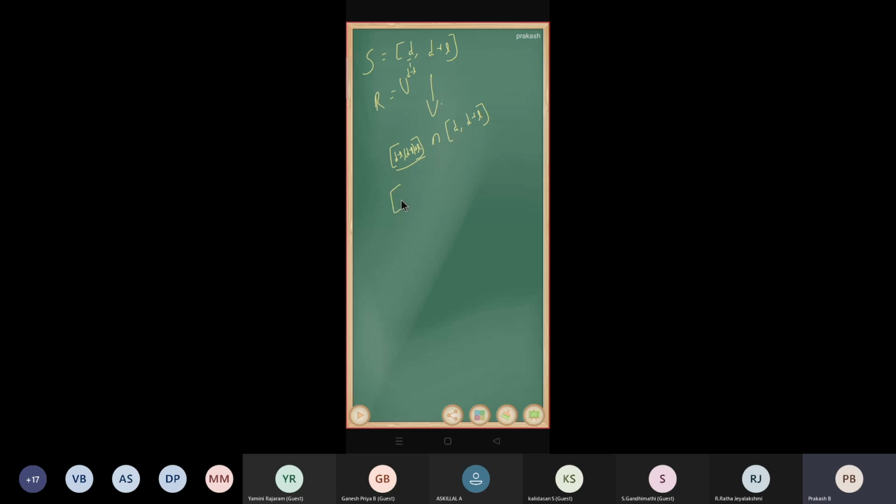So what is the result? D minus l comma d, the answer is d, intersection d comma d plus l, the answer is singleton d. So now the basis contains all the singleton sets, right? Already in the last class we discussed that if the basis has a singleton set as an element, then the basis generates the discrete topology, right? So the answer is discrete topology, the second one.